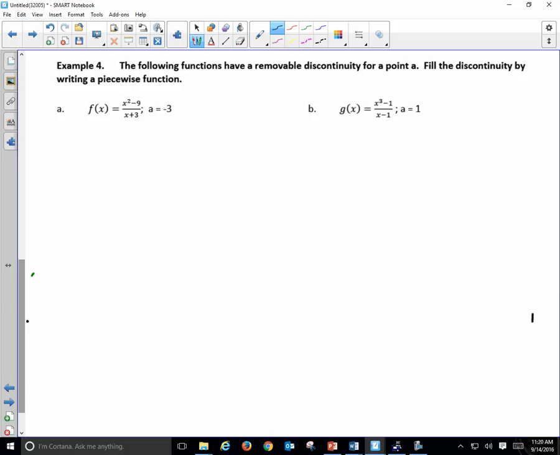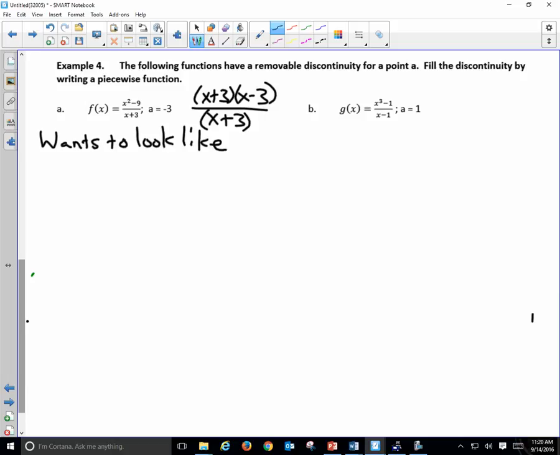So the following functions have a removable discontinuity at a point a. Fill the discontinuity by writing a piecewise function. Here is something that's super important because it pertains to our ability to move forward in calculus all the way forward. x squared minus 9 over x plus 3, or (x plus 3)(x minus 3) over x plus 3. This function wants to look like what? x minus 3. I mean, it really does. It looks every bit like x minus 3, except